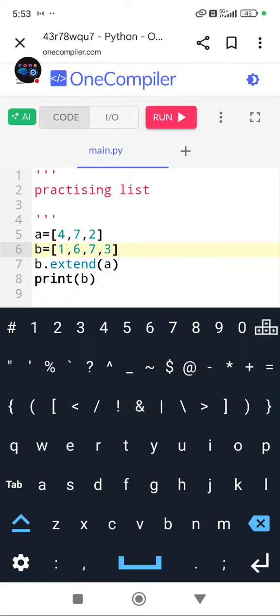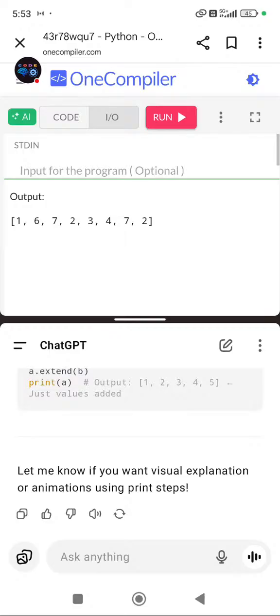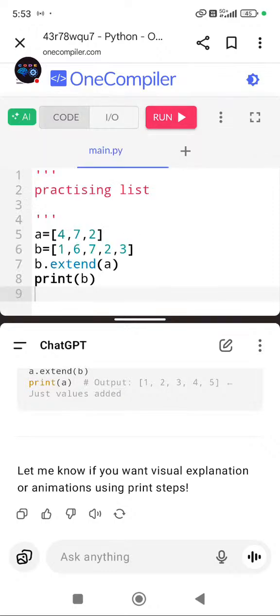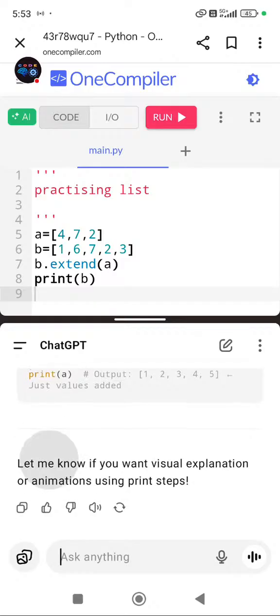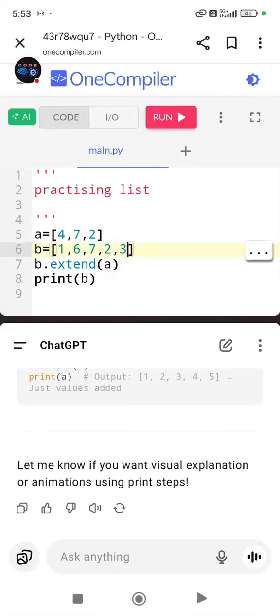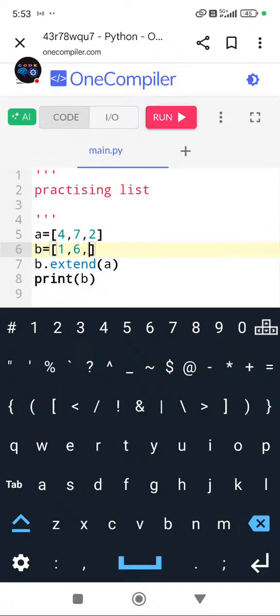7 7 2 2. Let me see, guys. Yeah, it prints the same numbers. It doesn't care about having the same numbers on both lists. Okay, fine. Next, let me try to add